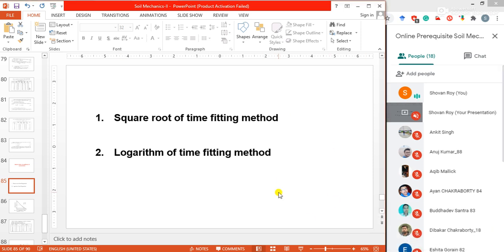Okay, so there are two methods. One is the square root of time fitting method, and another is the logarithm of time fitting method to find out the consolidation value, the coefficient of consolidation. So suppose for the